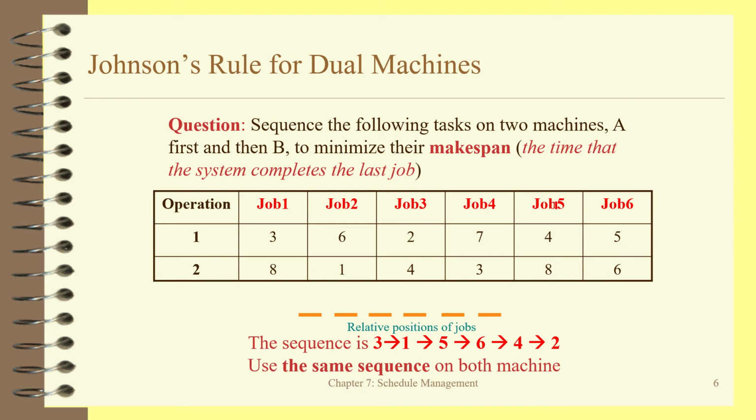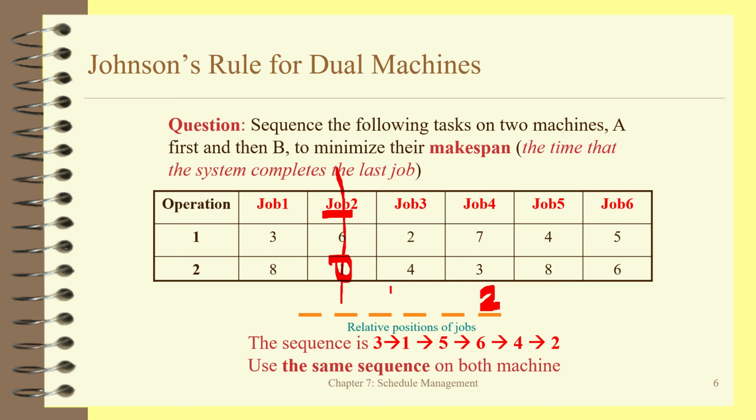Because the remaining job is 6 jobs, you need to find the shortest time. Shortest time is 1 here, and because the shortest time is on the second machine, then job 2 needs to be put in the rightmost position. So in this case, put job 2 here and delete job 2 from further consideration,